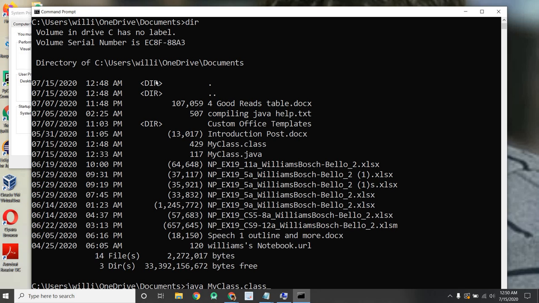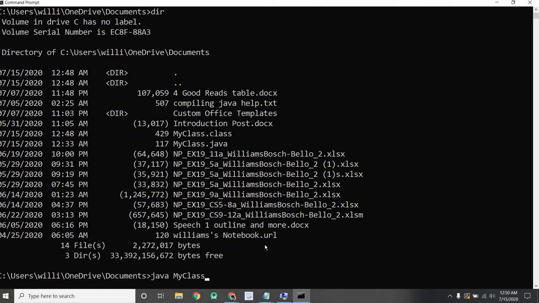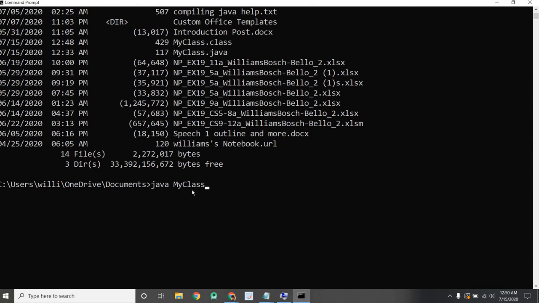I already made the file, so let me pull it up so you guys can see that. Java MyClass, right? Because we've already done the javac MyClass.java. So we just do Java MyClass for the file that we've created here. We're going to call this file. And if we hit enter,